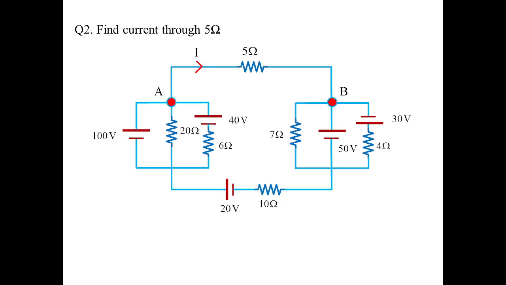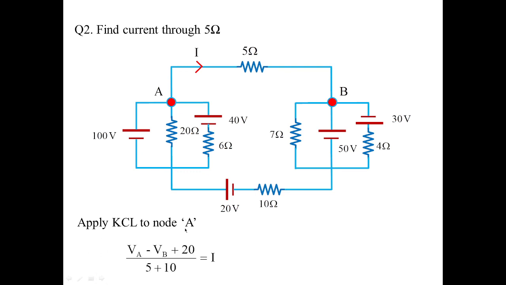Let us go with another method, that is applying KCL to these particular nodes. I have identified two nodes in this series circuit, where the parallel branches are placed. I'm identifying them as node A and node B, and I'm concentrating on node A. I'm going to get the solution for this entire network. I can also concentrate on node B and get the same solution. You can cross check the result with node B. Let us start with node A.